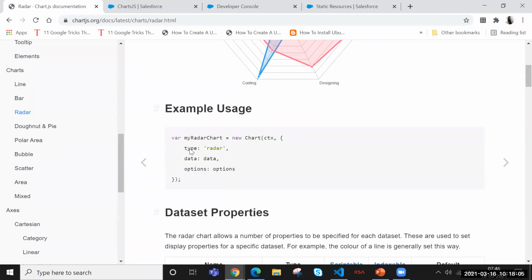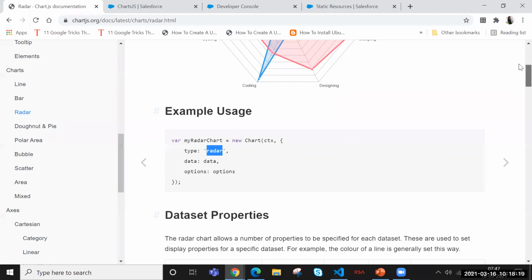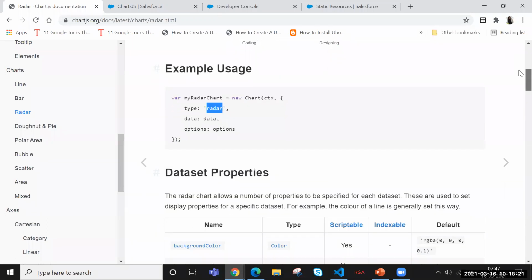First one is type. Type should be like radar, bar, polar area, donut, pie, like this. They have mentioned it in the documentation. We have to just copy the exact wordings. Otherwise, the charts won't be rendered.